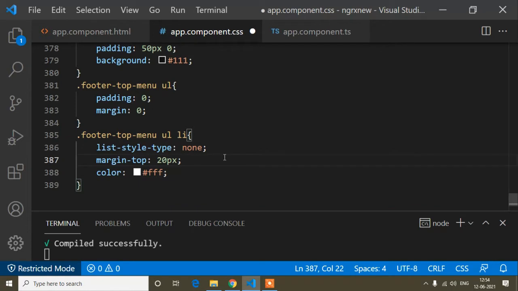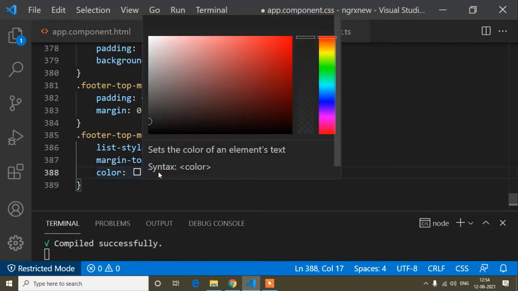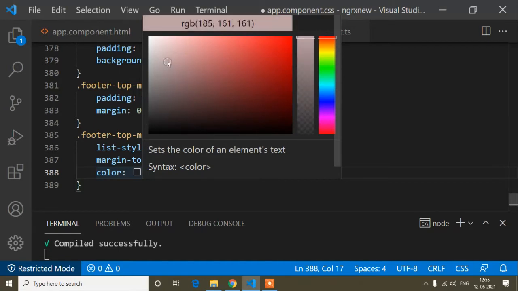If you don't know the color code, if you don't want to remember the color code, you can do that. You just have to type 3 numbers after the hashtag, suppose 222. Okay, first of all you have to write hashtag, and then type any 3 numbers, then just hover, and then you will find the color panel, and from here you can drag and choose what color you want to take.